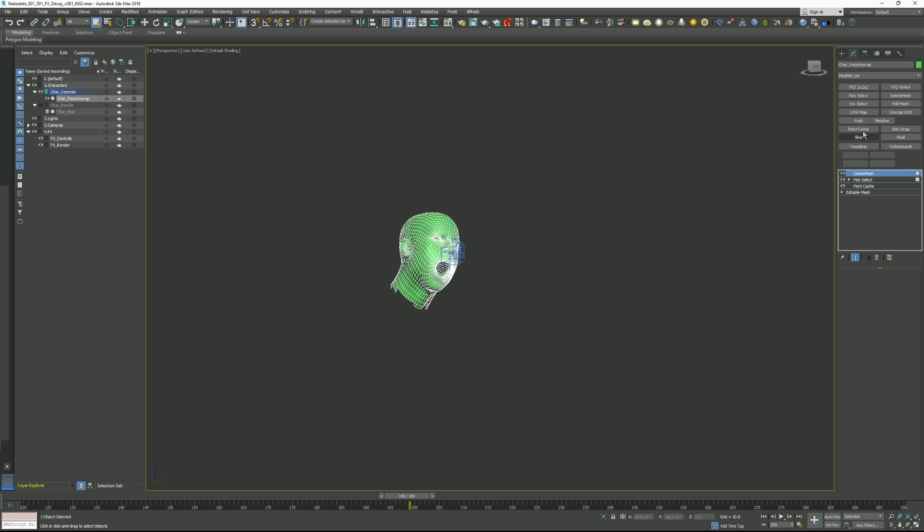So I'm going to click poly select for a start, just to deselect everything, but what I'm going to do is point cache this head out separately, and that way I don't need to worry about deforming or reading the cache of the entire character anymore. It's just going to focus on the head. So hopefully that makes sense. I just want to keep it fast and interactive, so I just want to focus on the head here and nothing else. So to do that, I'm going to click point cache,